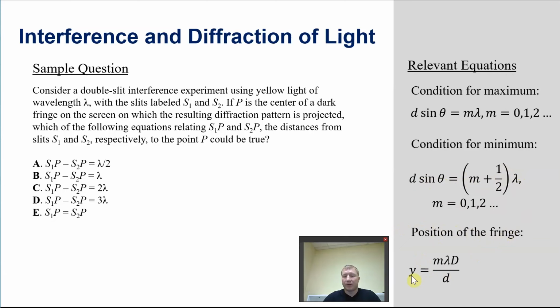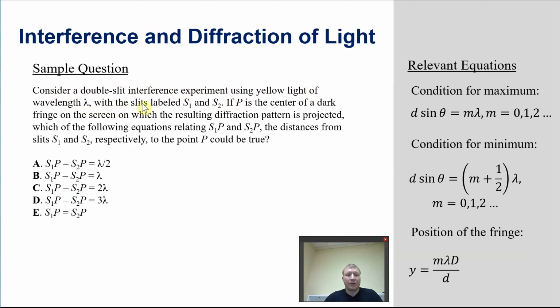And here is the equation that helps you to determine the position of the fringe for mth order, where D is the distance to the screen and little d is the separation between slits. Okay, so let's look at the question, and it says consider double slit interference experiment using yellow light of a